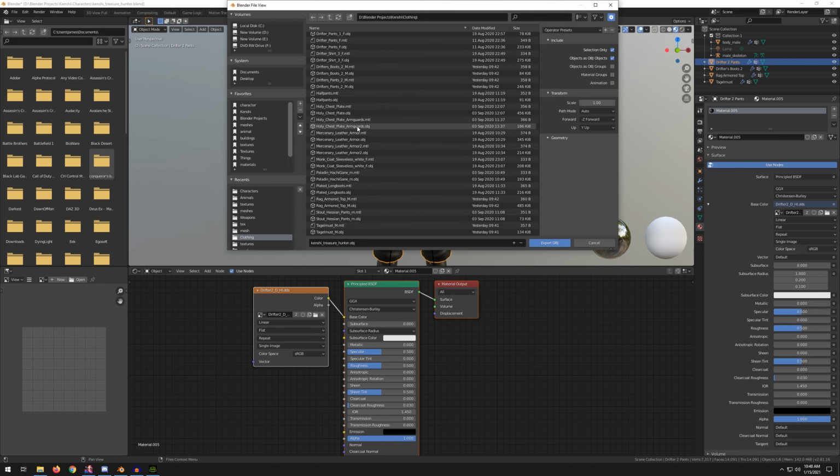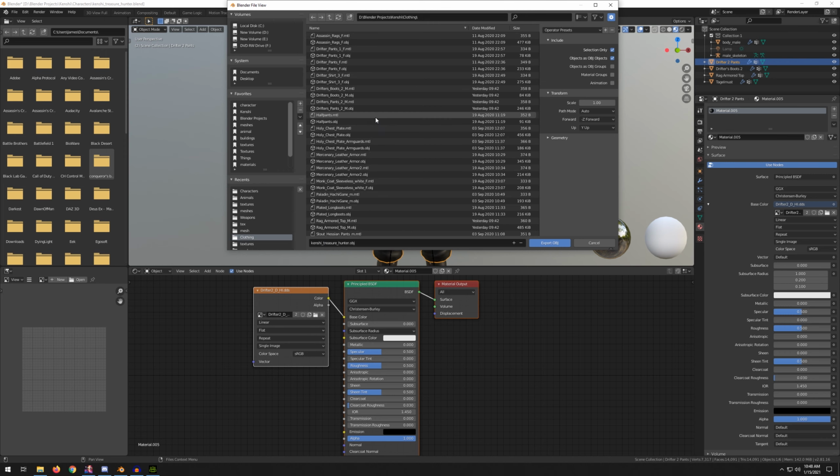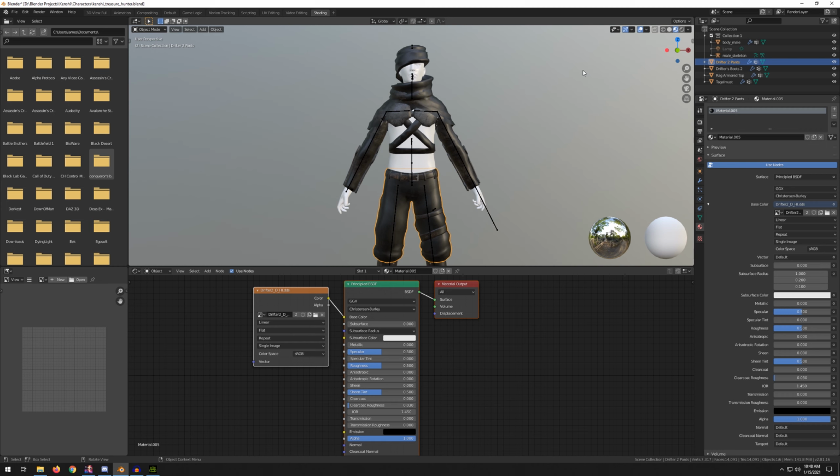And as you can see, I have a ton of different Kenshi stuff already exported out, and I've already exported out these objects. So I have all this clothing ready to go. So we're just going to jump right over to Character Creator and see if we can get this Cannibal Hunter created. So when you go to Character Creator, you're going to load up the basic